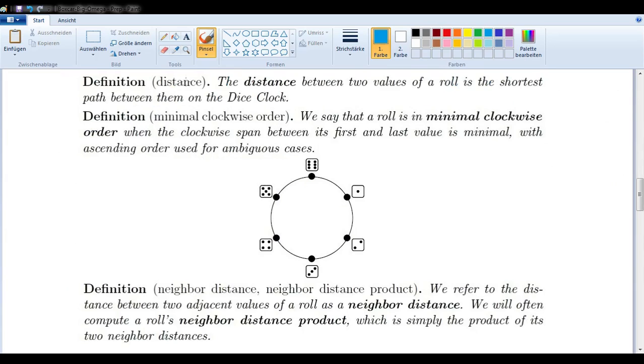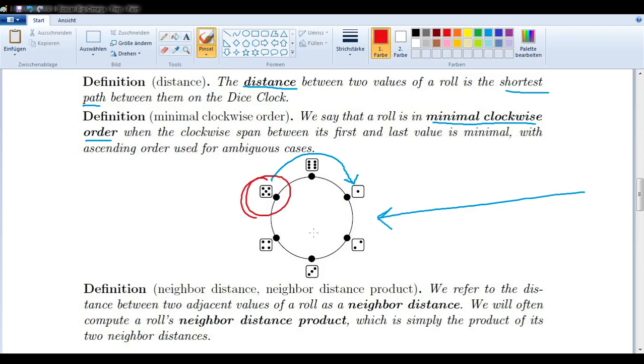First of all, we need to define distance for our situation here, and that just means the shortest path between two values on the dice clock, and this is what I'm calling the dice clock. So in other words, the distance from 5 to 1 is not 4, but 2, since that's the shorter path. And we say that a roll is in minimal clockwise order when the clockwise span between its first and last value is minimal. So in other words, if I had the roll 5